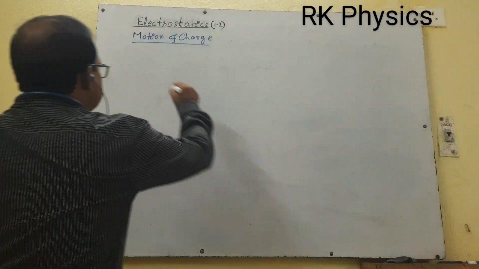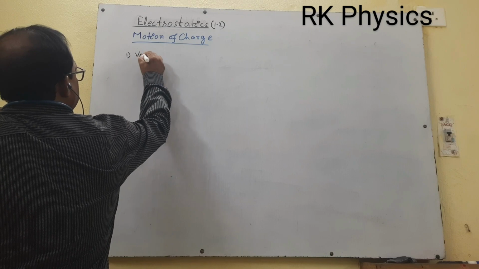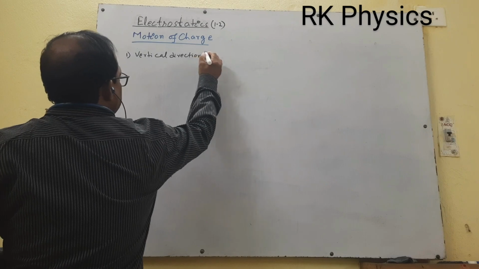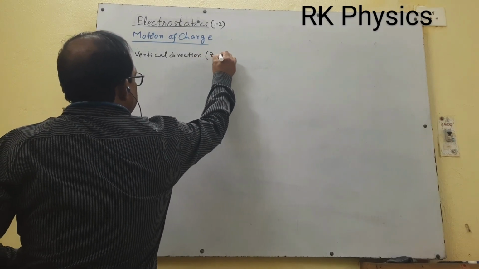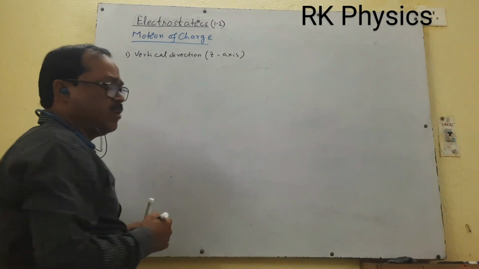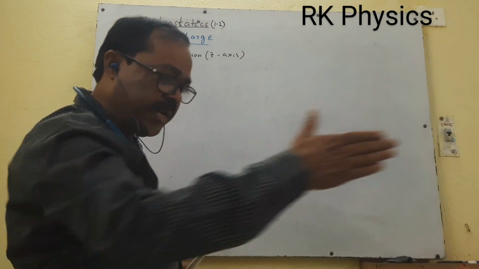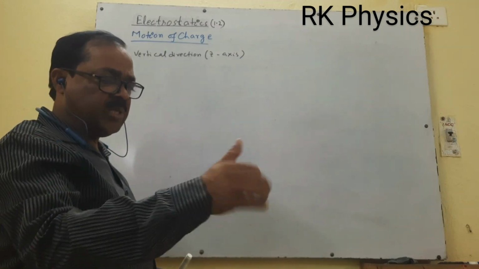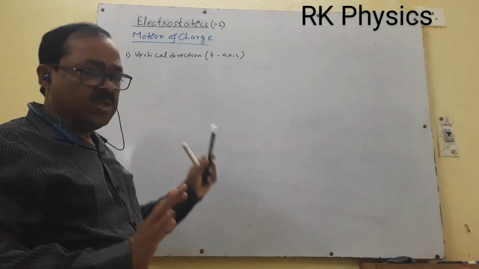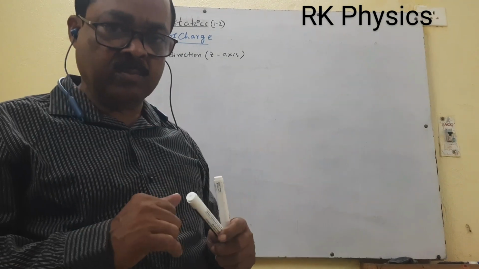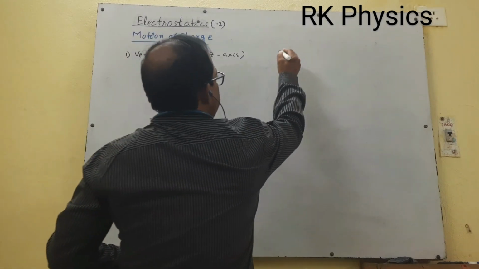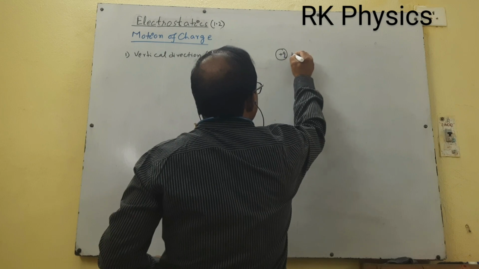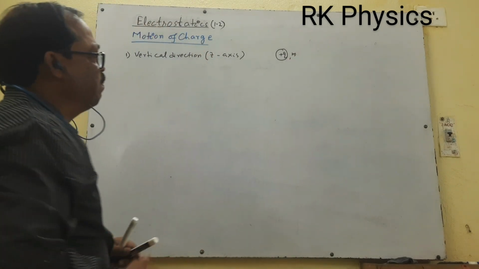First, motion of the charge we want to discuss along, suppose, vertical direction. Vertical direction means you imagine this is the z axis. Now this is, suppose, x, this is y, this is a plane. You take this as z. Z means my concept is you take motion under gravity. Now imagine here this is a charged particle having some charge q and mass of the particle is m.